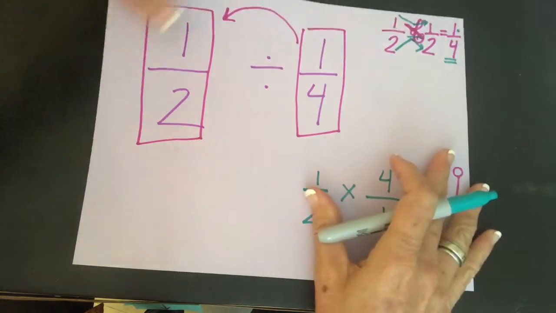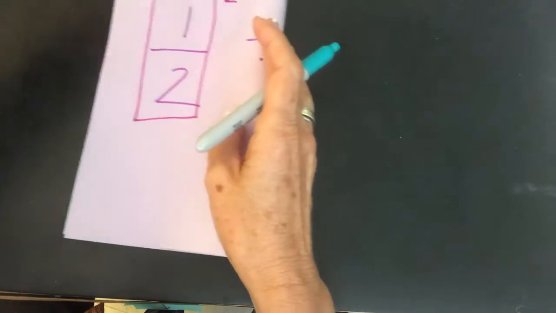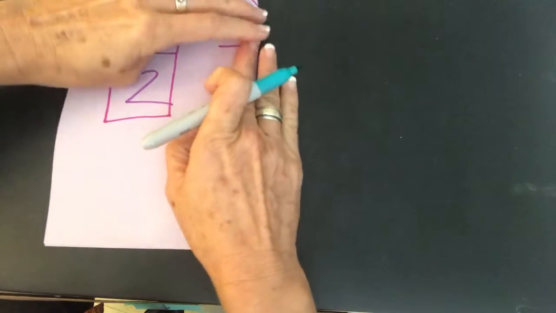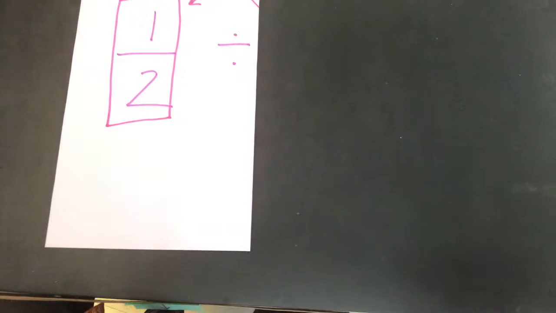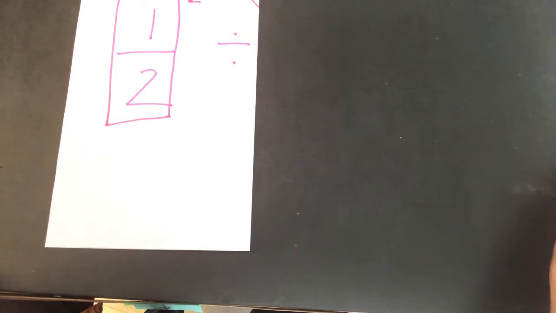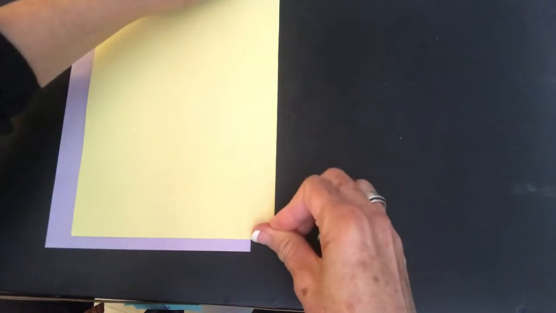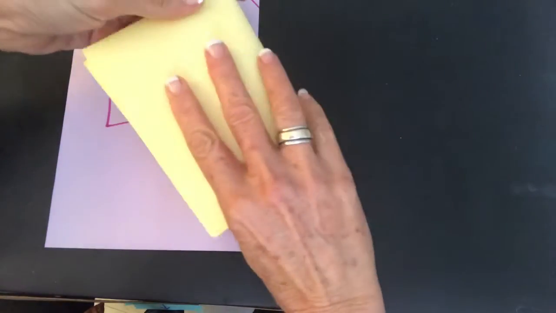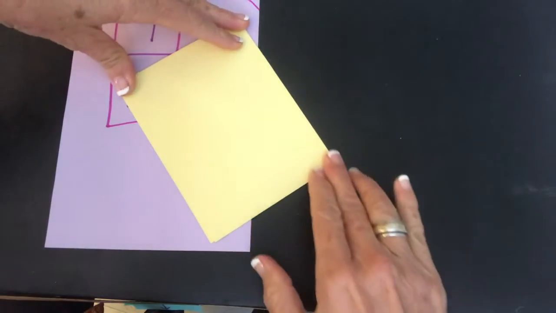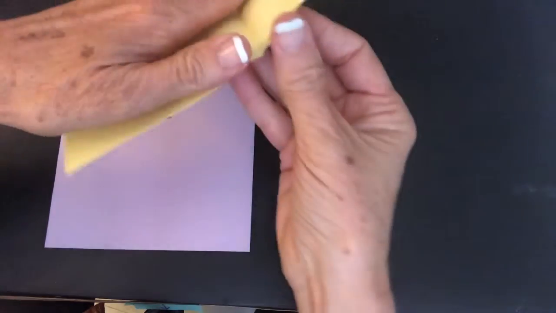So if we have a half a piece of paper, how many quarters will fit into a half? So here's my piece of paper, and I need to make quarters because we're talking about how many quarters will fit. So this is a quarter. If I tear my paper and I have 4 pieces of quarters,